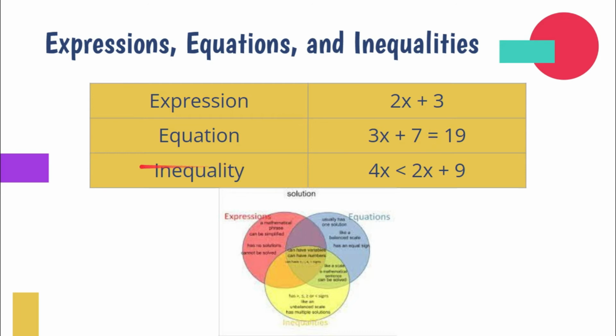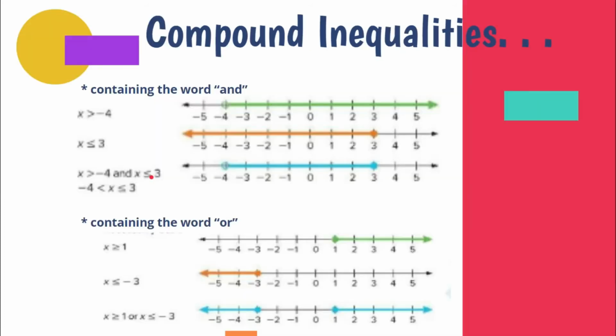And finally, an inequality is when two or more expressions are joined by an inequality symbol. So for example, x is less than 2x plus 9. So these are the differences between these three terms: expressions, inequalities, and equations. Inequalities can be compound